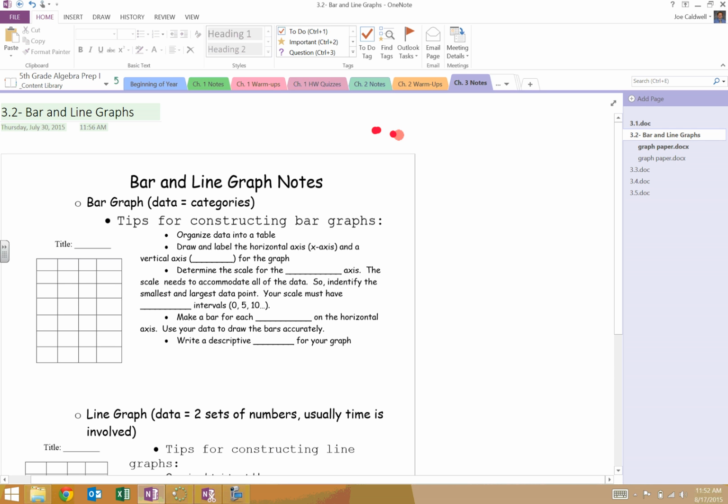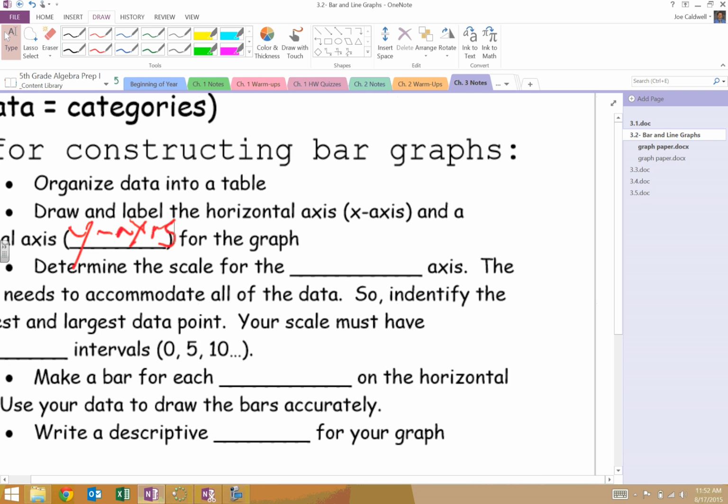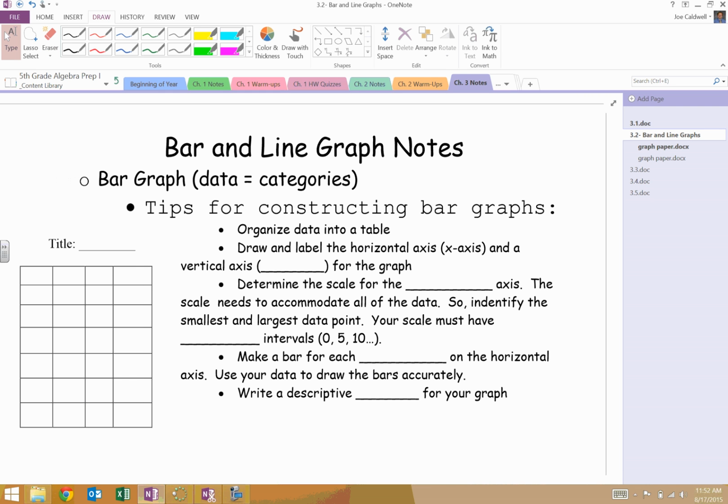And here, get a little thinner pen, and the vertical axis, which we call the y-axis. Okay, so that is the y-axis. Let's make this a little bit bigger here. The y-axis is the vertical. So this would be the y-axis, and this would be the x-axis, horizontal. So y-axis